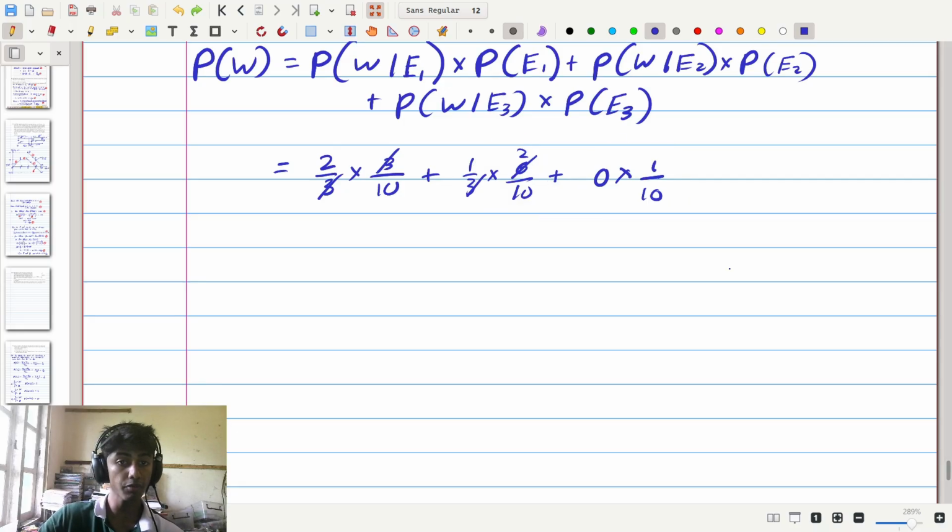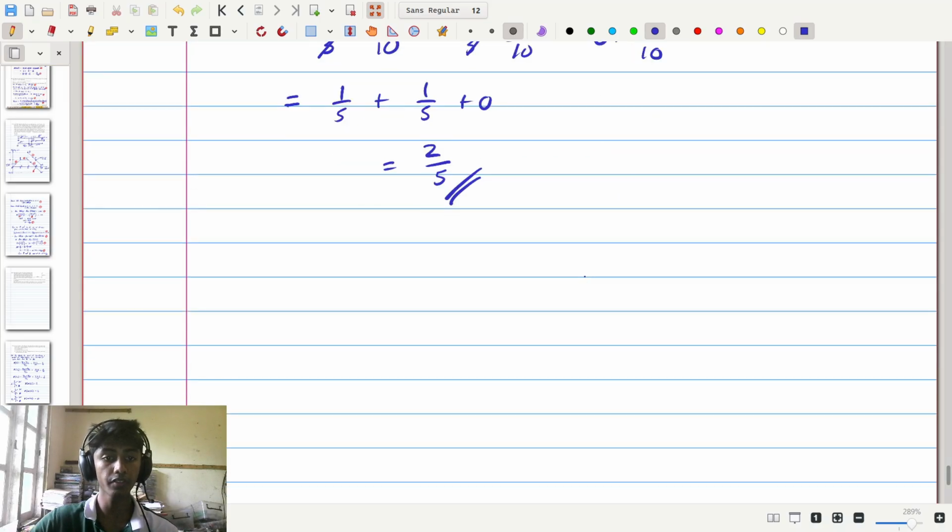So therefore, if we simplify, we can see we get 2 over 10 or 1 over 5 plus 1 over 5 plus 0, which is equal to 2 over 5. And therefore, the probability of us giving a white at the end of our last row is equal to 2 over 5. So we can finally say, therefore,